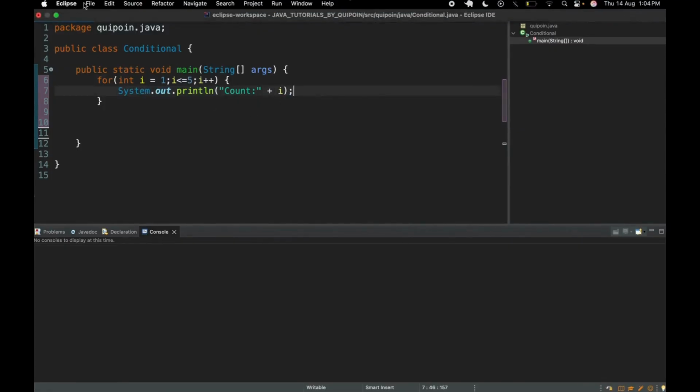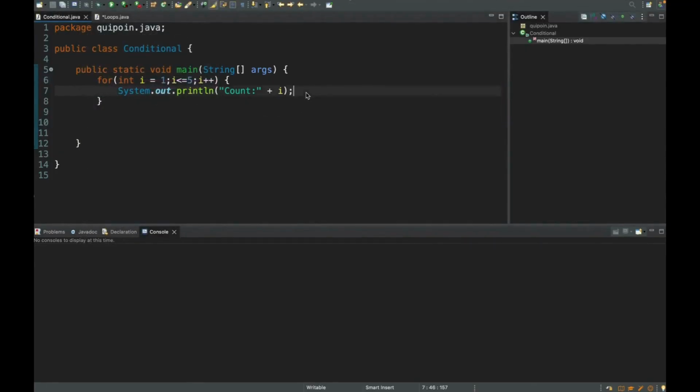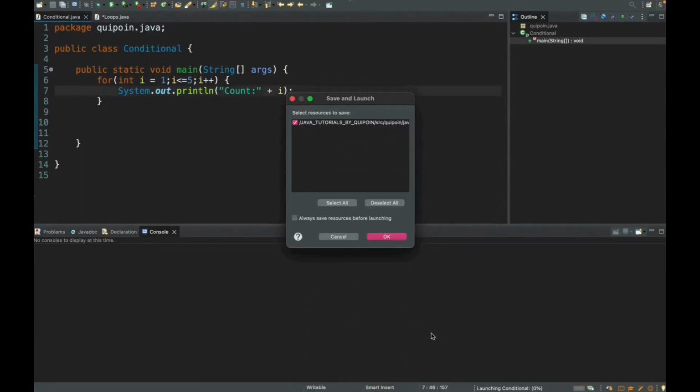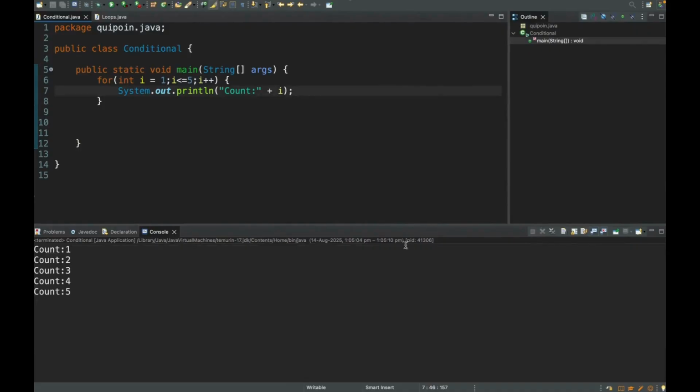Now our code is complete. Let's save it, then right click and run as Java application, and okay, let's proceed, and you can see the output count 1 2 3